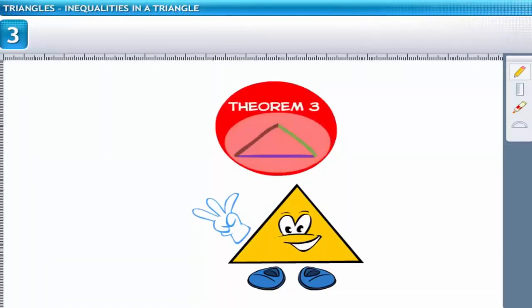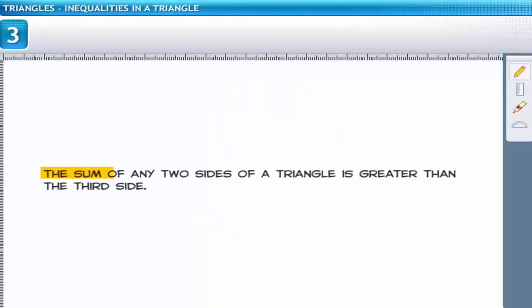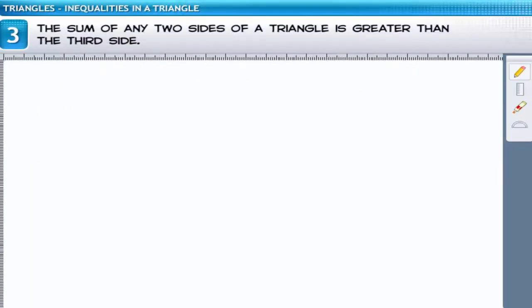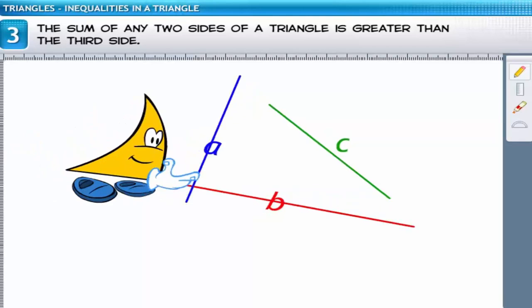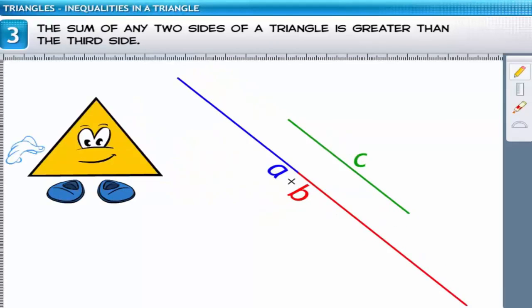Now, let's learn about the other theorem. This theorem is about the sum of sides of the triangle. The theorem says that the sum of any two sides of a triangle is greater than the third side. To verify it, let's take a triangle with sides A, B, and C. Of the three sides, if we take any two sides at a time, the sum of the two sides is greater than the third side. That is,